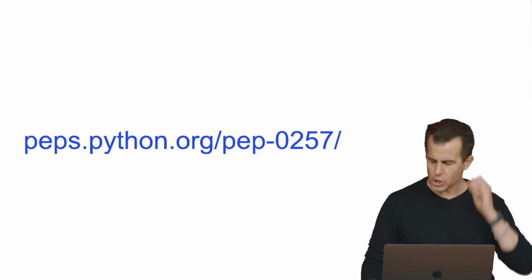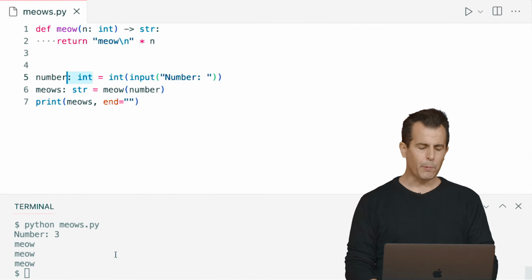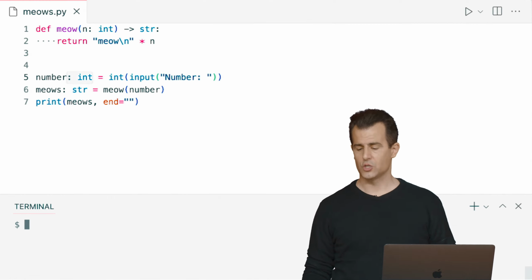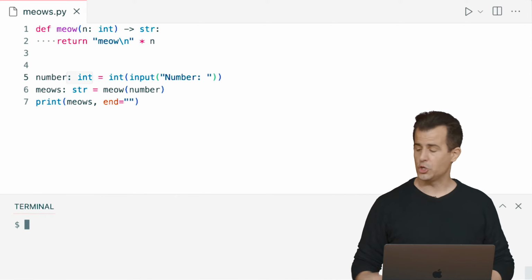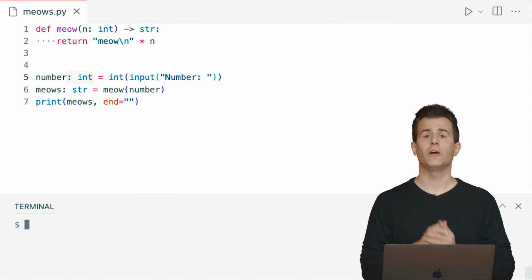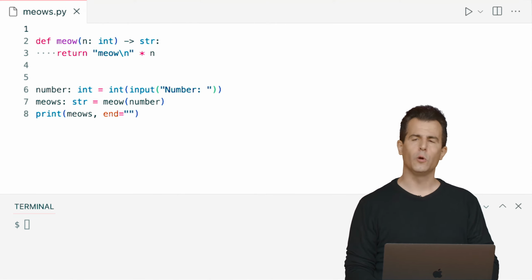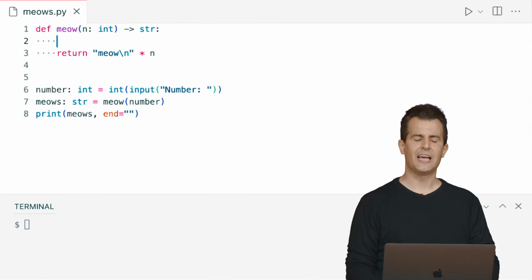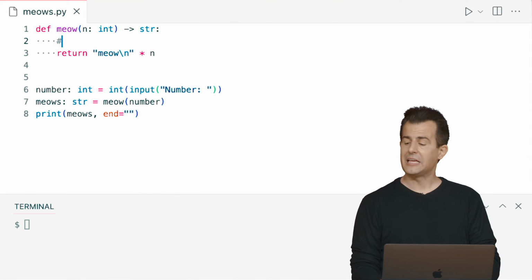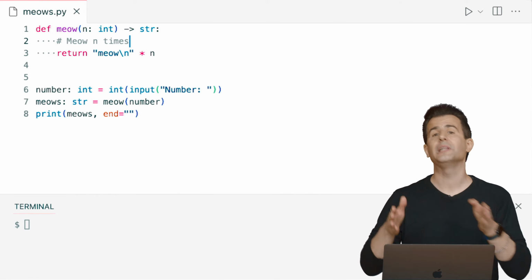And so, for instance, let me go back to my meows.py file here, and let me propose that we now start documenting this code too so that I know what the meow function does. And in fact, the standard way of doing this using docstring notation would be as follows. To comment this function, not above it, as you might be in the habit of doing with code in general, but actually inside of it. But instead of commenting it like this with the usual hash comment sign, like meow n times, it turns out that when you're formally documenting